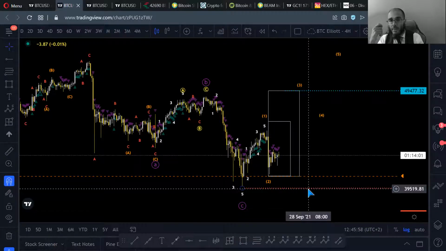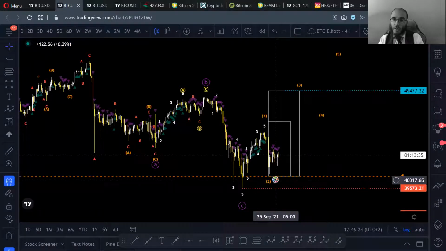So as long as I stay bullish, I won't exit the position prematurely. When I change my opinion, when I go from bullish to bearish on Elliott wave, then I will look to exit the position, and I need the confirmation in case of